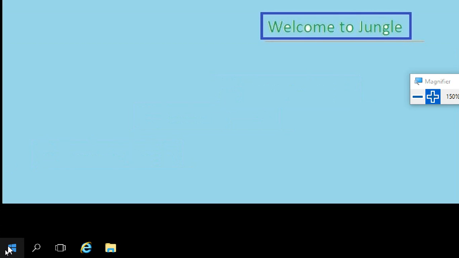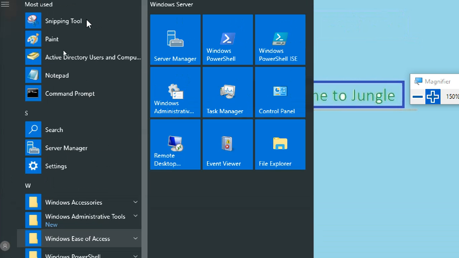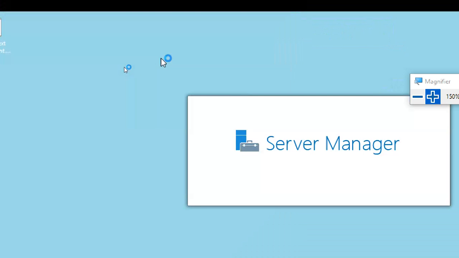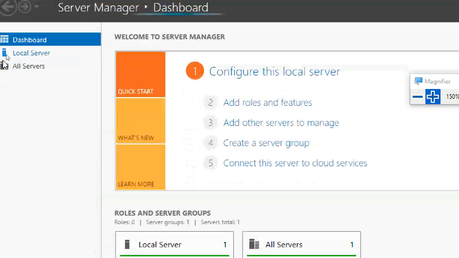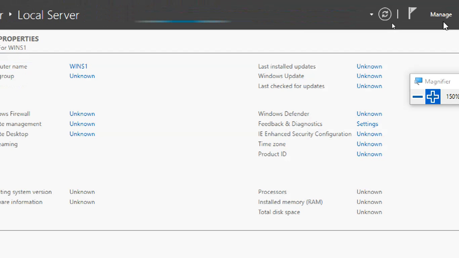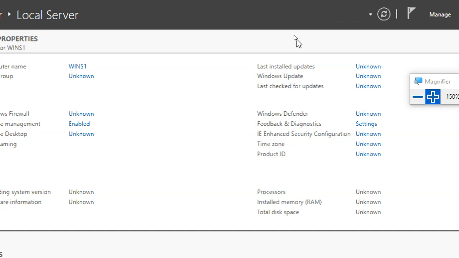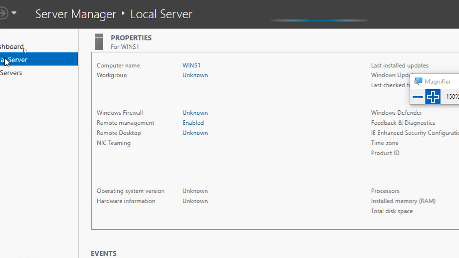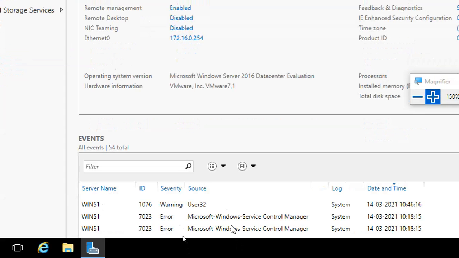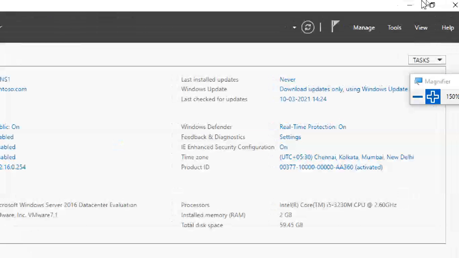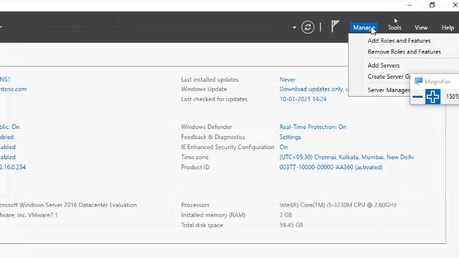Go to manage. Okay, yeah, very good. So first, open the server manager, of course. Very good. So first is manage. Next, add roles and features.